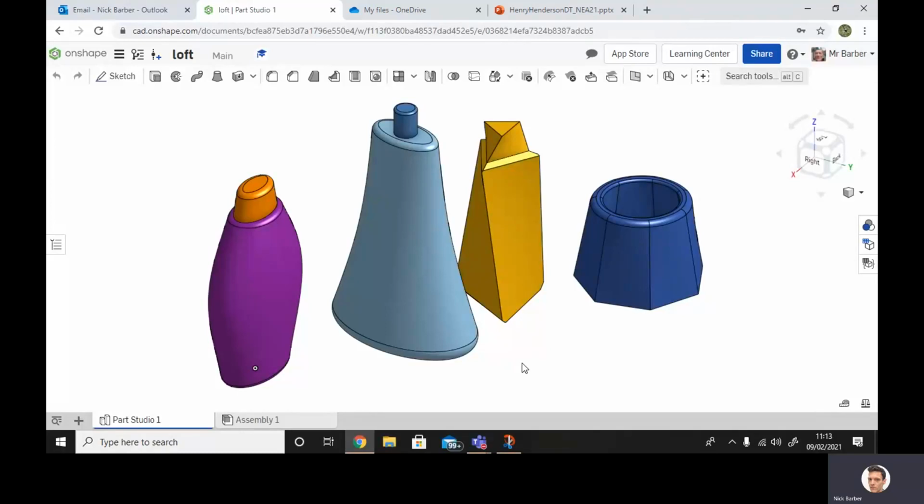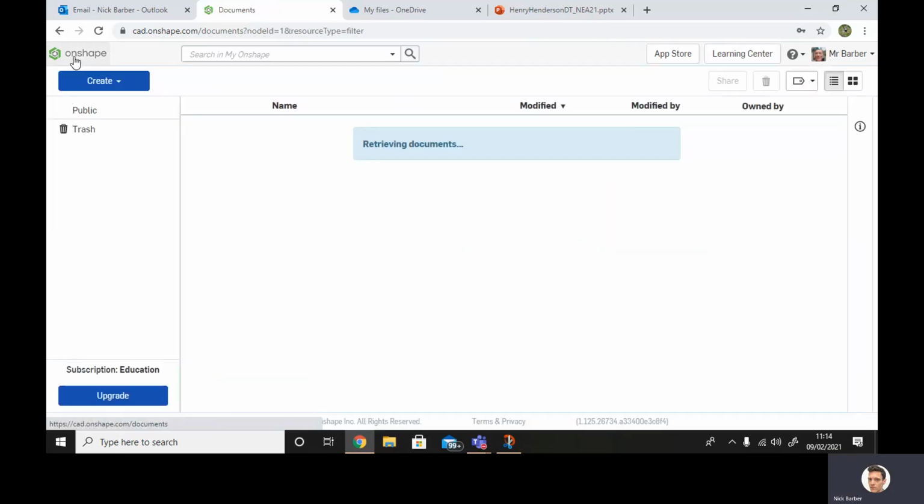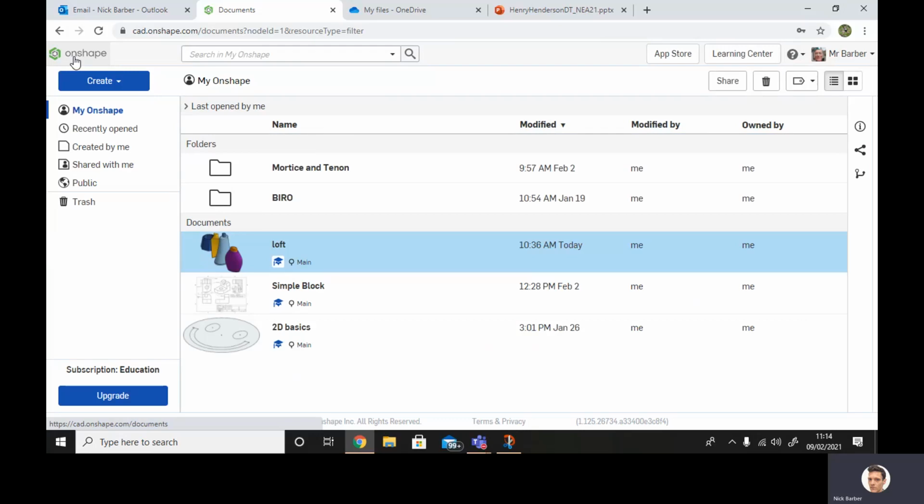Okay guys, so you've had a go at using the lofting tool, where you've drawn a perimeter, created a different work plane, drawn another perimeter, and lofted through from one perimeter to the next to create some more irregular shapes and forms. What we're going to do is use skills that we've developed so far and skills that we're going to develop further to create a more complex assembly using a range of different